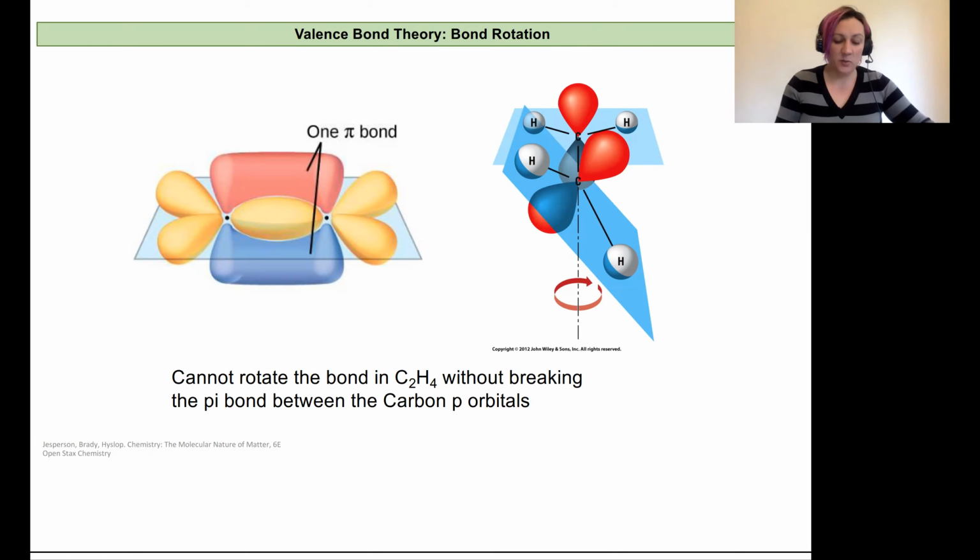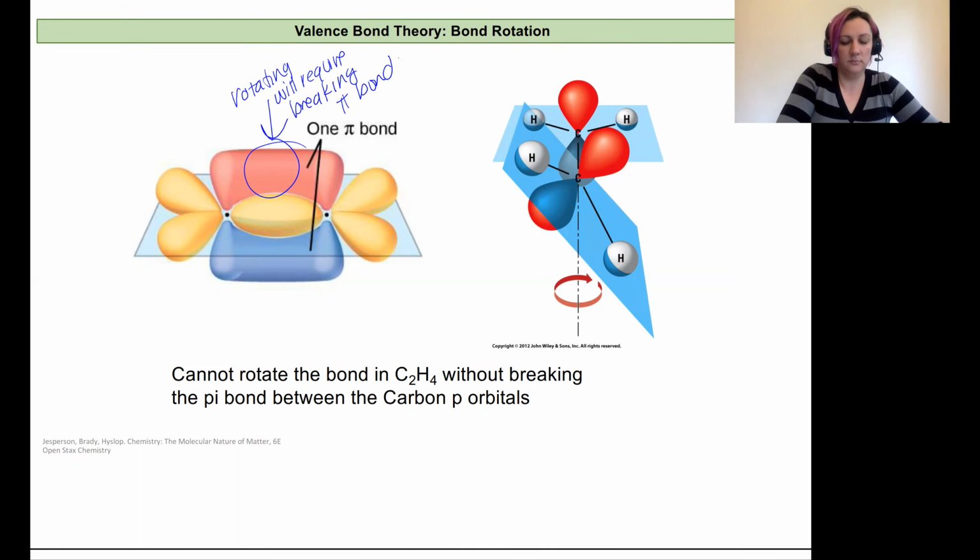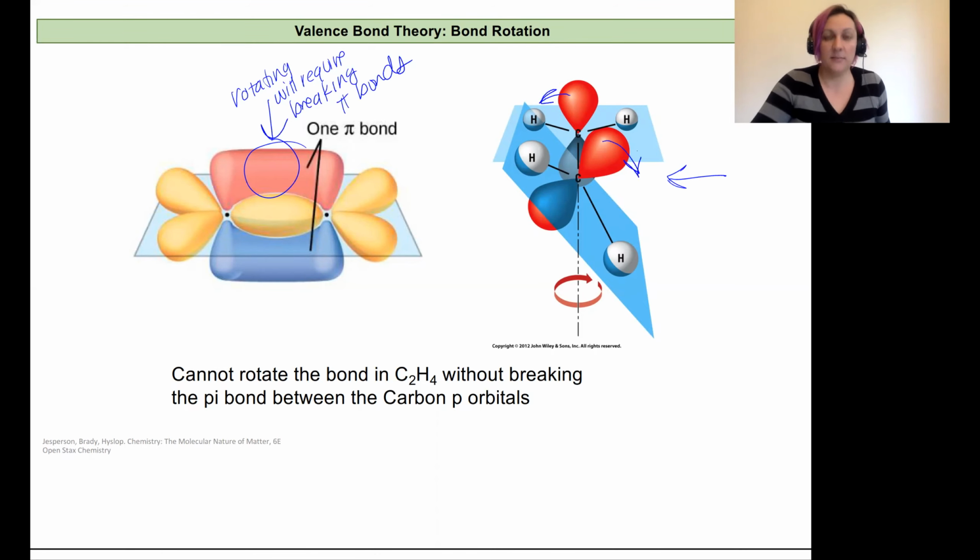And that's because when we create these overlapping pi bonds, they're coming at each other, right? Parallel and perpendicular to the axis of the bond. If you rotate them, they're going to split. And so rotating would require breaking our pi bonds, which is shown right here. So you see how if we rotate along that sigma bond that's connecting the two carbons, then these pi bonds break,